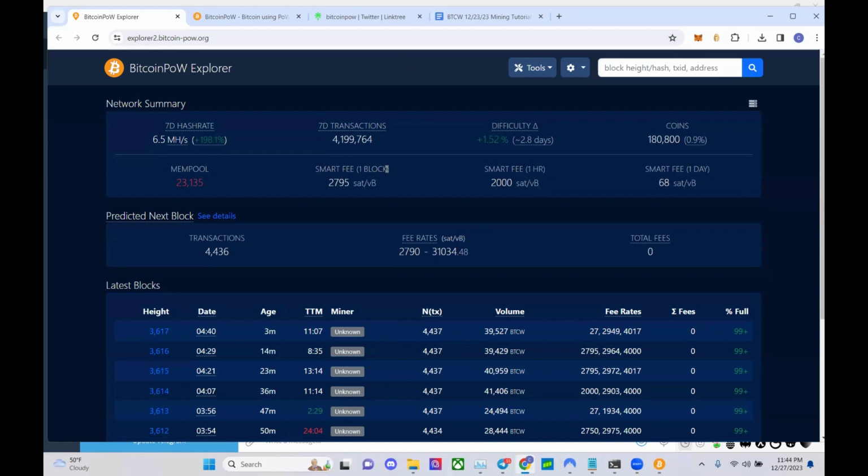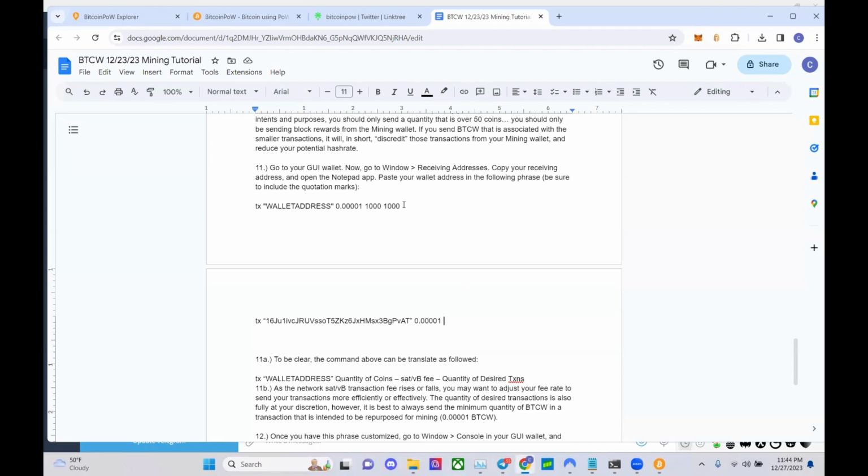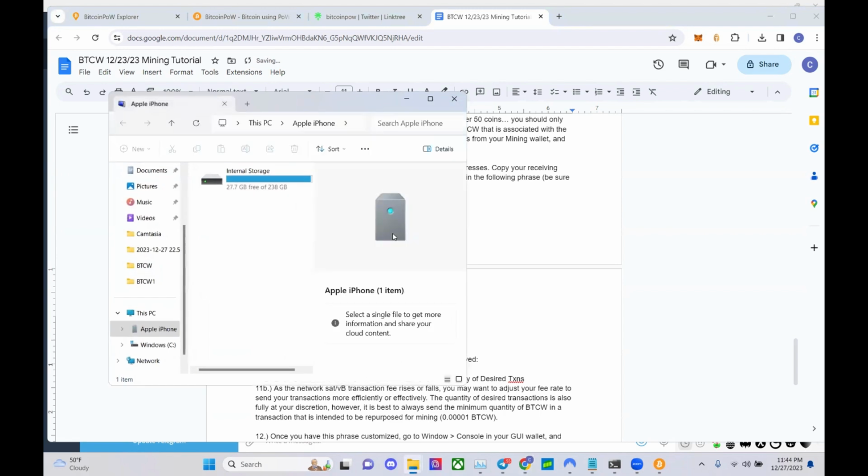So it looks like the smart fee for a transaction to be processed in 1 block is 2,800 Satoshis per VB. If you want it within an hour, you do 2,000, but you really want to have your transaction fee slightly higher than the network average for the next block. Seems like this is the predicted next block for fees to be in this range. So to play it safe, we're going to go back. Now, it's pushing 2,800. I'm going to say 3,000. You might even want to say 3,100, go up like 10%. But for this video, we'll keep